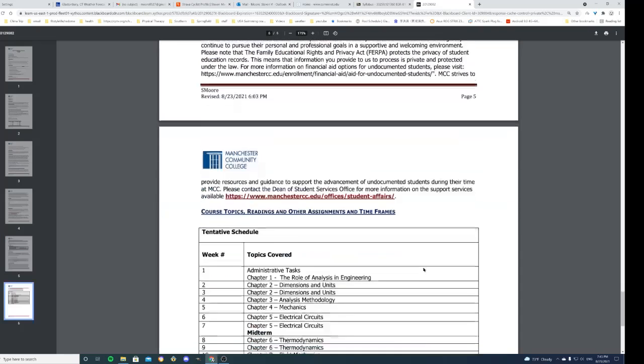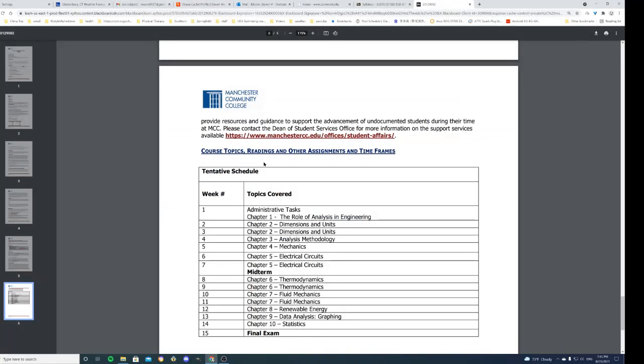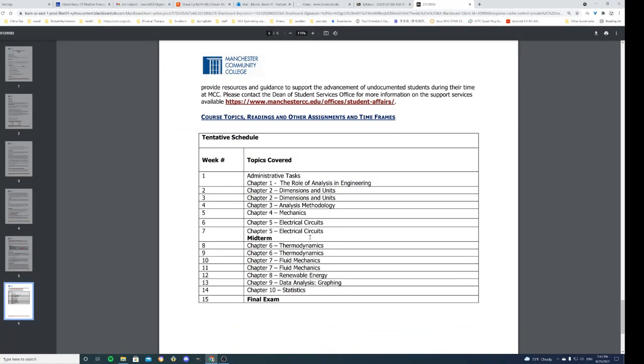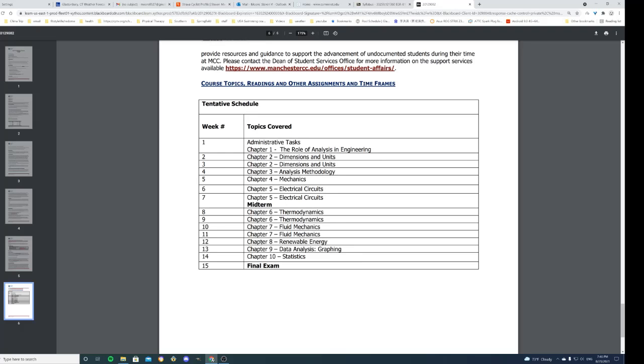Okay. And here's just a quick overview, tentative schedule. And what we usually do is we'll get through pretty much everything all the way through chapter 7. And chapters 8, 9, and 10, usually these are just small pieces of these particular chapters. It might only be one section from each one. Okay. But, you know, if everything goes well, we'll get all the way through 7 completely, and then a little bit from 8, 9, and 10. All right. And that's pretty much it.